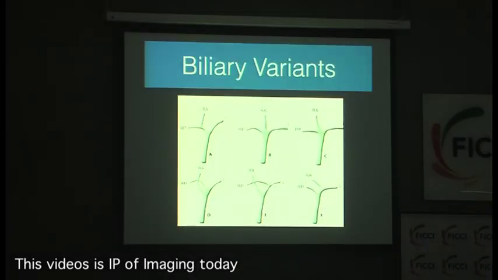Biliary variants are something that surgeons are not very worried about, because the recipient also has multiple bile ducts, and then there is always the jejunum which you can pick up and anastomose to anything. So that is something that they are not very bothered about, but it is always good that they know what they are going to deal with. And generally what I use, there are various classification schemes. It's always good to see where the right posterior duct is draining. So you can tell the surgeon, I can see the right posterior duct going here, and so he knows that you have a standardized nomenclature for biliary variations.